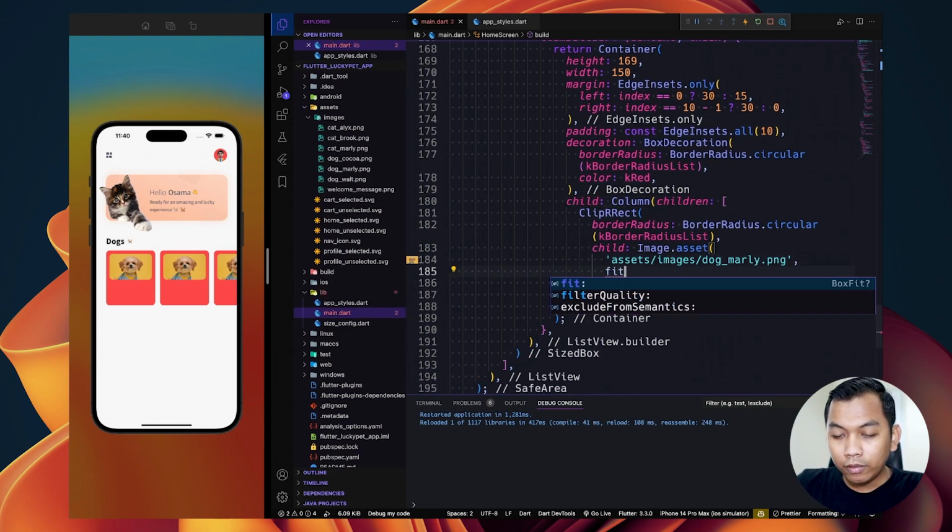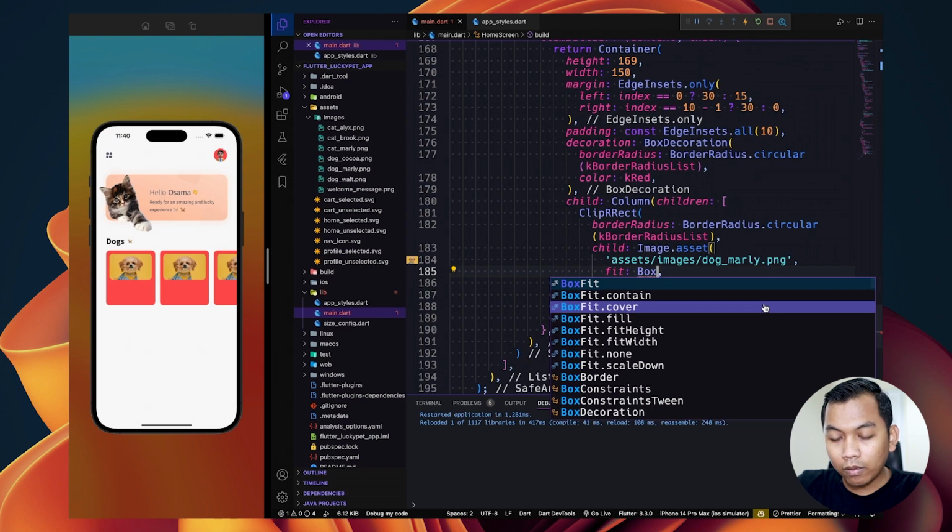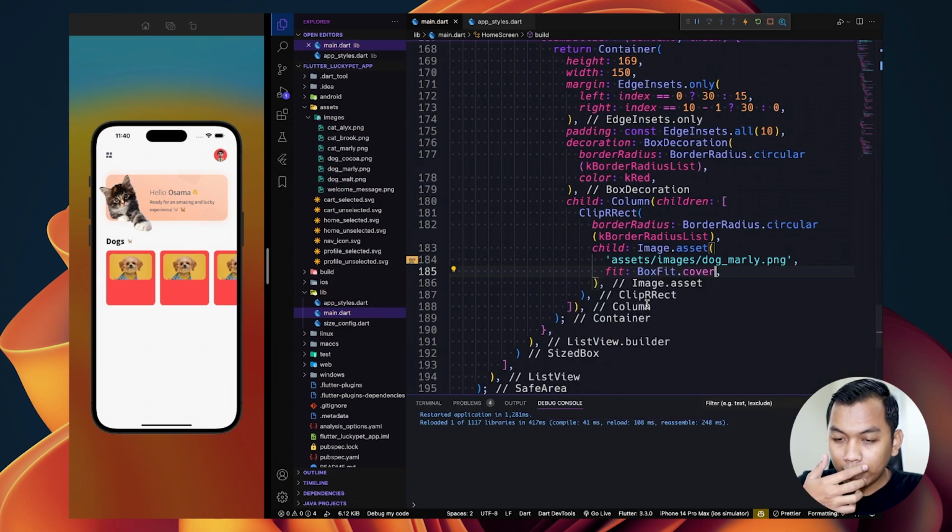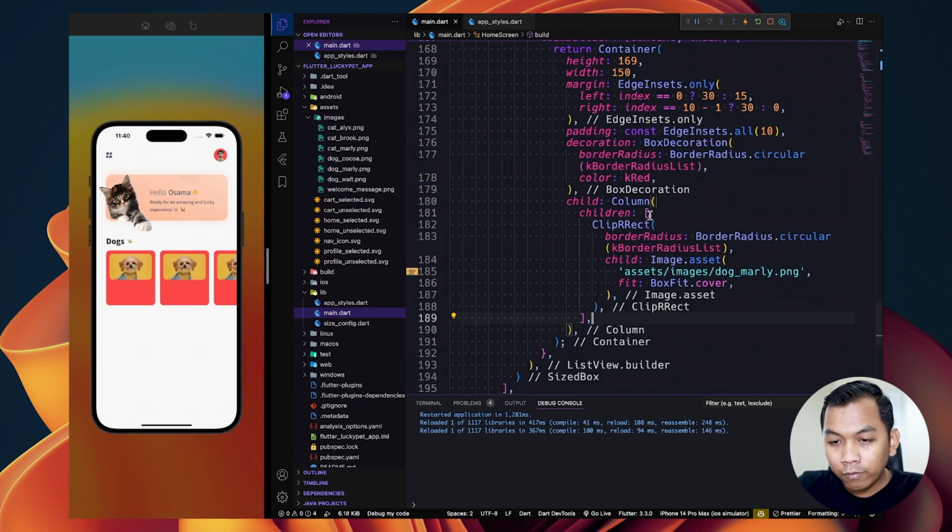And to make sure the image will fully fit on this clip rounded rectangle, we will add this BoxFit.cover. So this is for the first element inside this column.